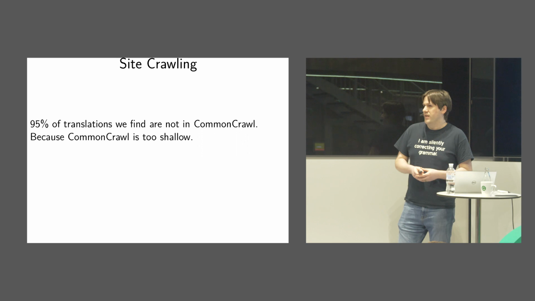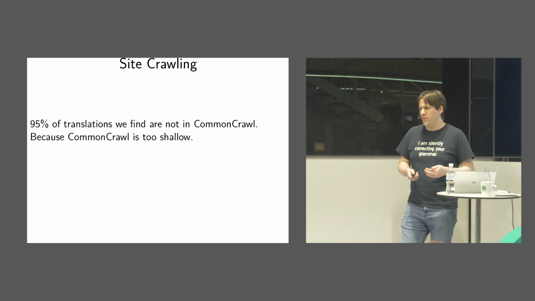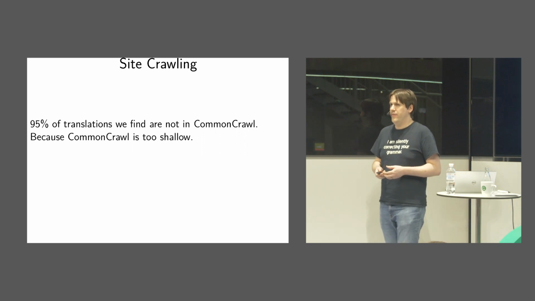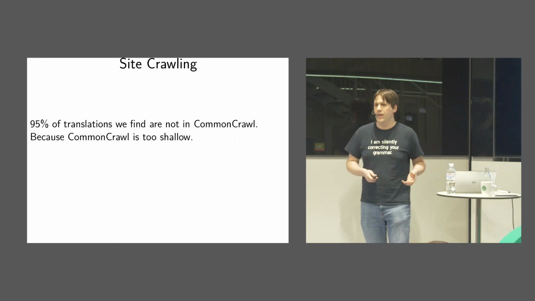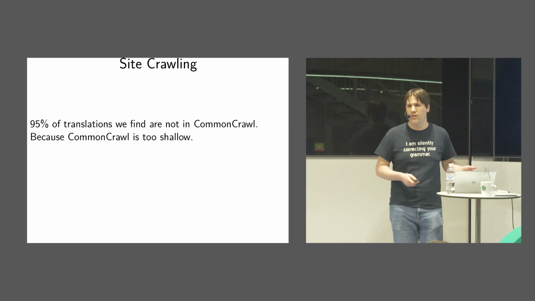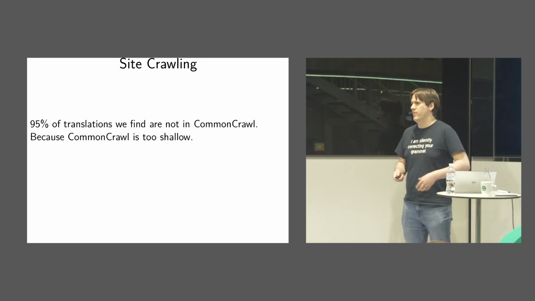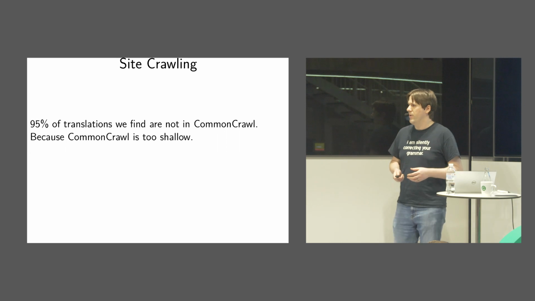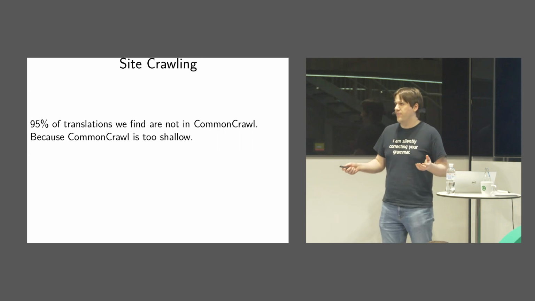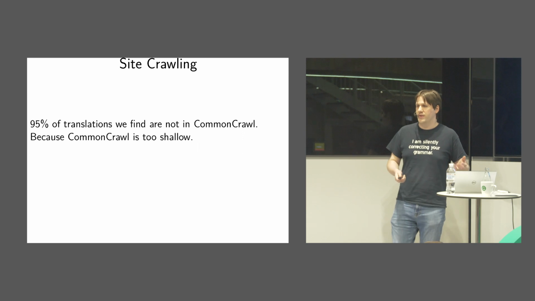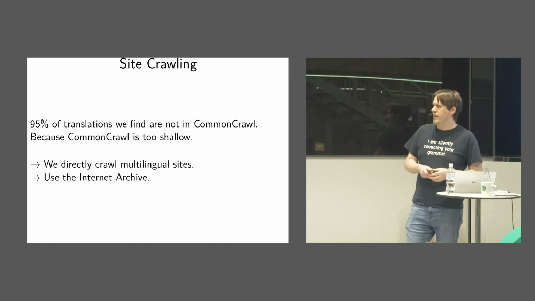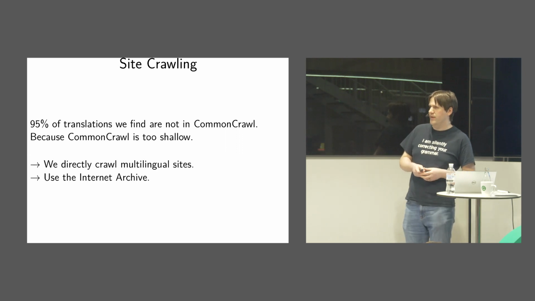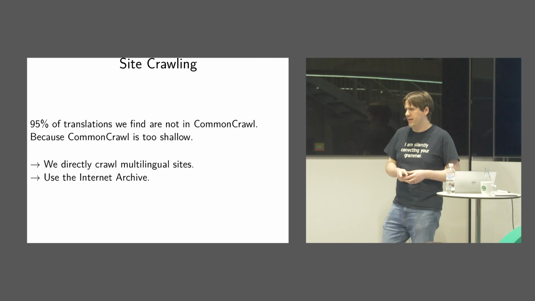But there are plenty of organizations that have large websites and are multilingual. Common Crawl, though, is too shallow. They effectively, through their crawl rate limits and their monthly release cycle, have a cap on the number of pages per domain that they can crawl, and that's based on robots.txt and all that fun. But if you crawl for longer than a month, for instance, you can gather more data from a particular web domain.